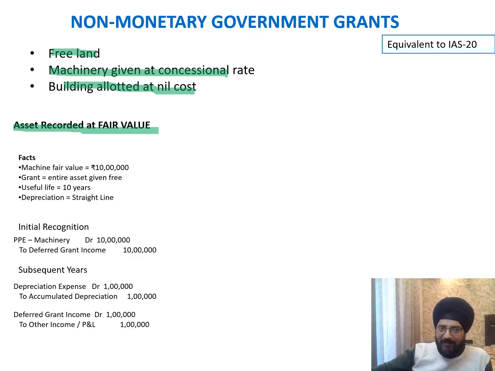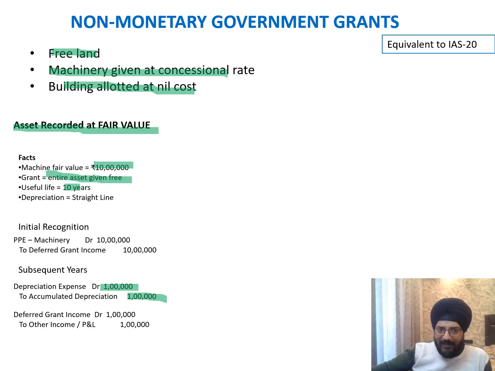For example, if we have received a machine which has a fair value of 10 lakh, which we have received for free from the government. The useful life is 10 years and depreciation is straight line. So we have to recognize an asset at the fair value as a part of my PPE. And in the subsequent year, we have to charge off that asset by debiting the P&L and crediting the asset, which is like accumulated depreciation, and the charge to the P&L on account of depreciation would be